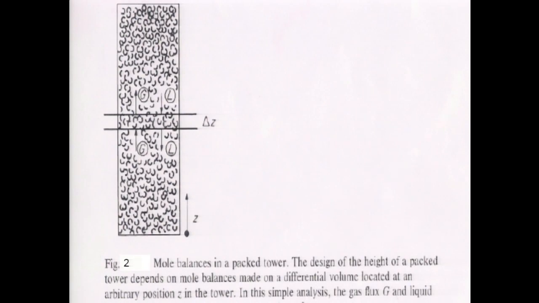Okay. And in particular, we will make a differential balance over this height delta Z, between Z and Z plus delta Z. One more thing. Gas is coming richer here, going leaner here. Liquid is coming leaner here, going richer up. So, in this direction of increasing Z, the concentration of gas, or mole fraction of solute in gas Y, is decreasing. In this direction, X is increasing. The gas is losing. Okay. So, those are in passing notations we will require.